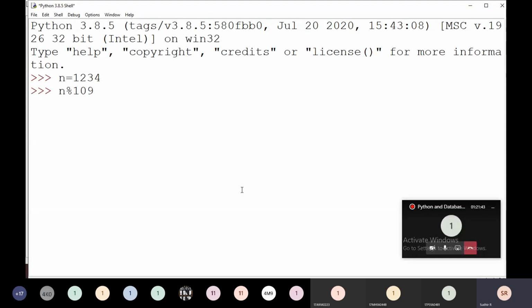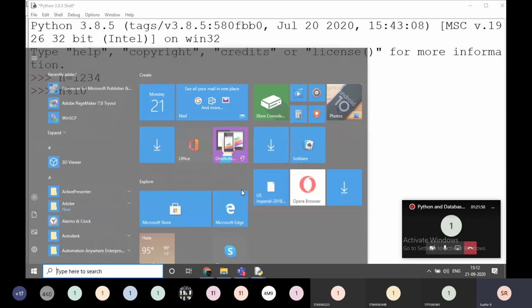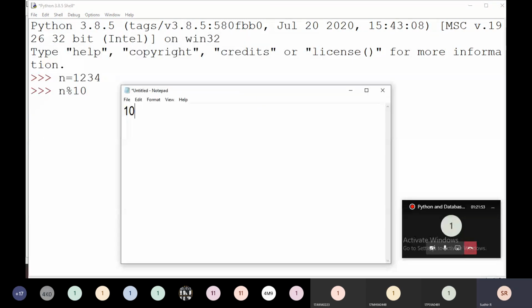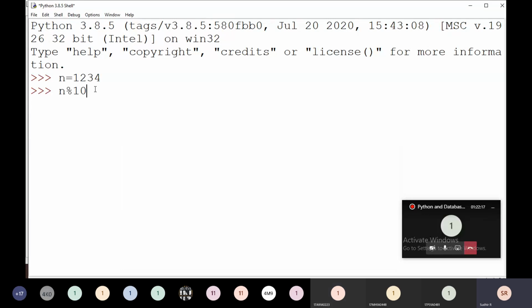Num mod 10 means, what is the remainder when you are dividing by 10? For example, 1234 divided by 10 gives 123, and the remainder is going to be 4 here. Yes, modulus is the remainder operator.